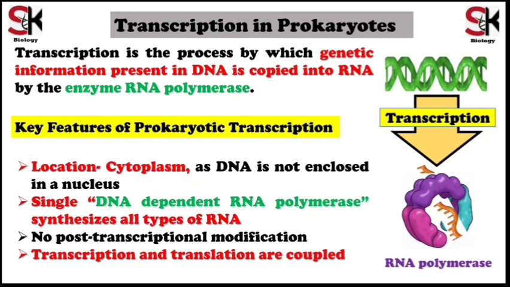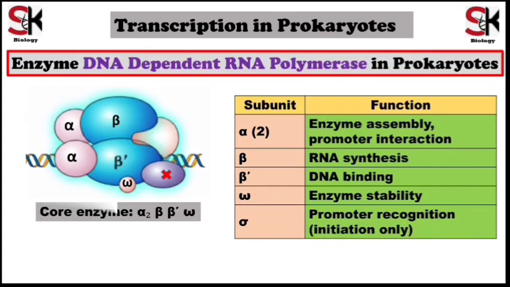The next feature is that in prokaryotes, transcription, that is DNA to RNA conversion, and translation, that is RNA to protein conversion, are coupled. That is, they occur simultaneously. Let us understand the enzyme involved in the transcription process. RNA polymerase, important in prokaryotes, is also called DNA-dependent RNA polymerase, as it uses DNA as a template